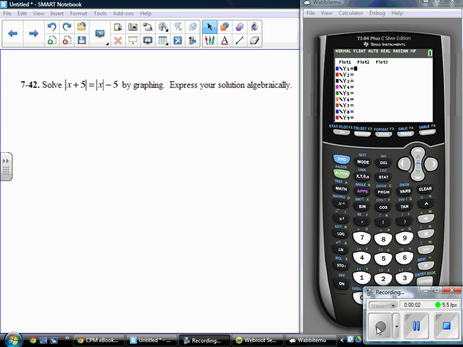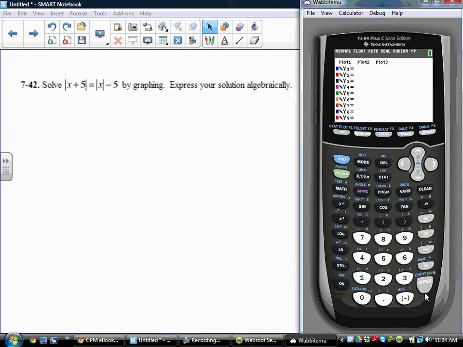This is problem 7-42 from section 7.1.3 homework. It says solve the absolute value of x plus 5 equals the absolute value of x minus 5 by graphing. Express your solution algebraically. So first thing we're going to do, into our calculator,